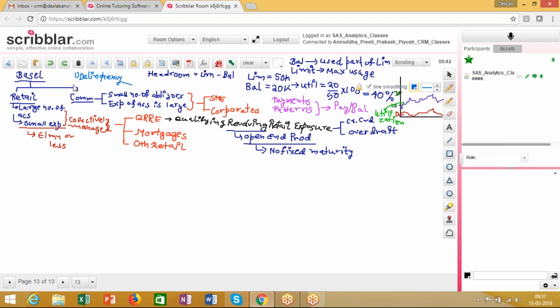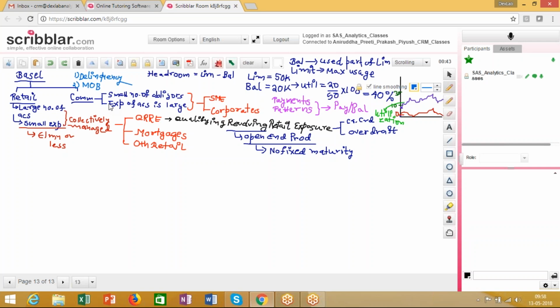So the first is the delinquency variable, and the second is your month on books. Right. So the second variable that we talk about over here is the month on books. Now these two variables again are very important variables for explaining the overall behavior, the overall riskiness of a